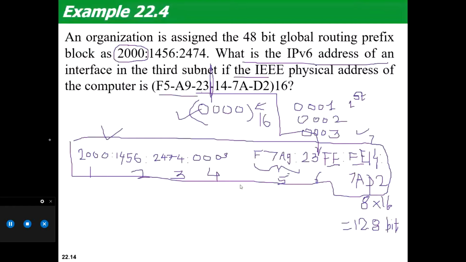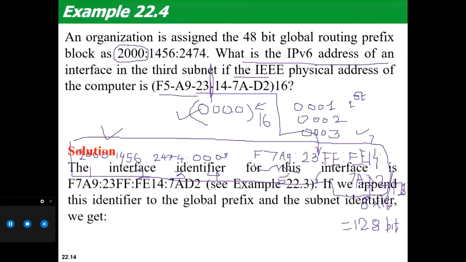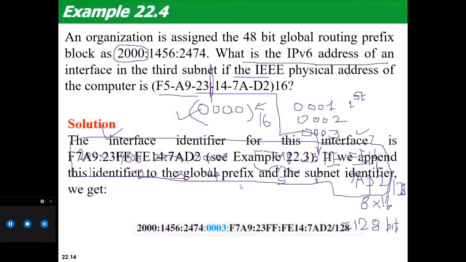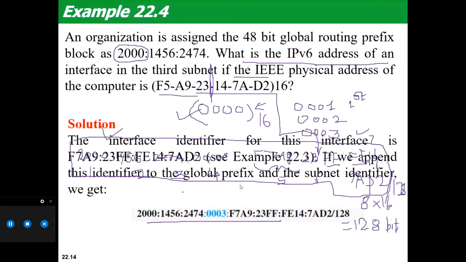Yes, after this complete address, I can write the notation /128, and this is my CIDR notation. Okay, so this is the complete address. This we have already computed.